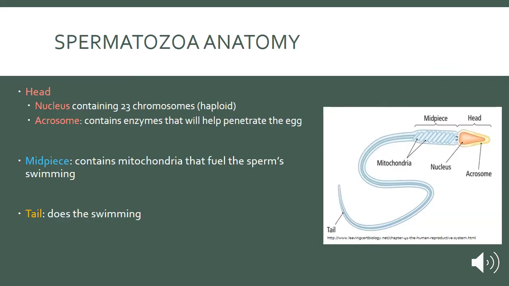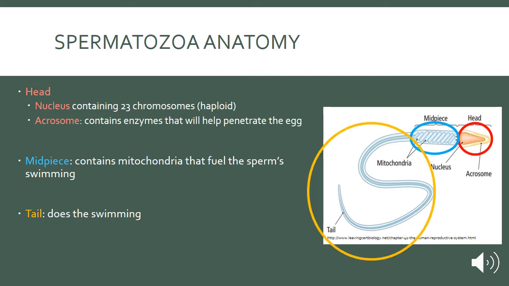Now, sperm structure is fairly simple. They have a head which contains the nucleus and the acrosome. The nucleus, of course, contains a haploid number of chromosomes. The acrosome is important because it contains enzymes that, once released, will help penetrate the egg. Then there's the mid-piece that contains mitochondria, and that's really what fuels the swimming motion of the sperm, and the